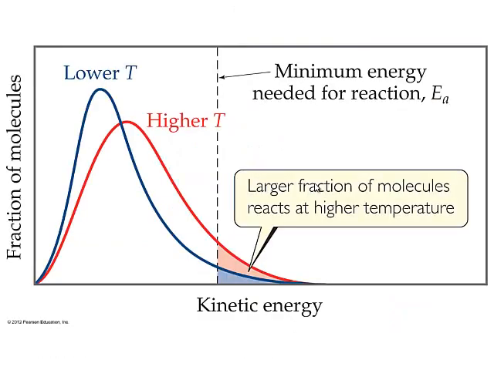So when we look at the Boltzmann distribution, you'll notice that we have two different situations here, one at a lower temperature and one at a higher temperature. On the y-axis is your fraction of molecules containing that energy, and on the x-axis is the amount of energy that they contain. It's sort of like a bell curve, except there's no top to it, and you've seen this before in previous presentations, but you can see that there's a point where we drew a vertical line and said that's the point needed for the reaction to occur, so that is our activation